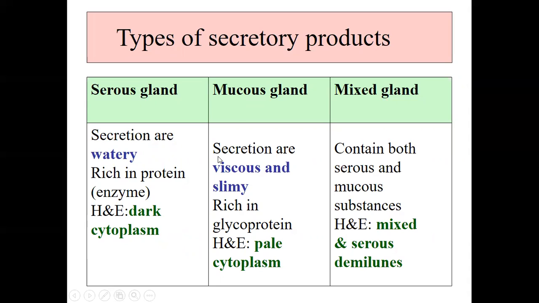For the mucous gland, the secretion is viscous and slimy, and it is rich in glycoprotein. Under the H&E staining, it appears as having pale cytoplasm. For the mixed gland, it contains both serous and mucous substance, a combination of these two. Under the H&E staining, we have a mixture of these two types, and we also can find